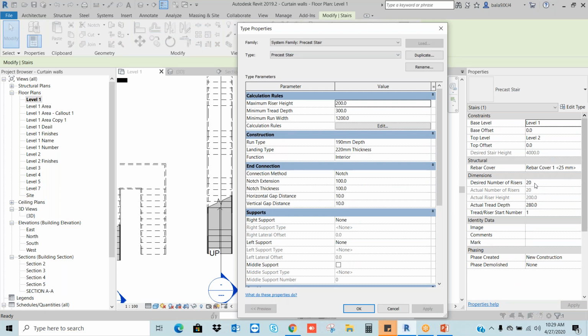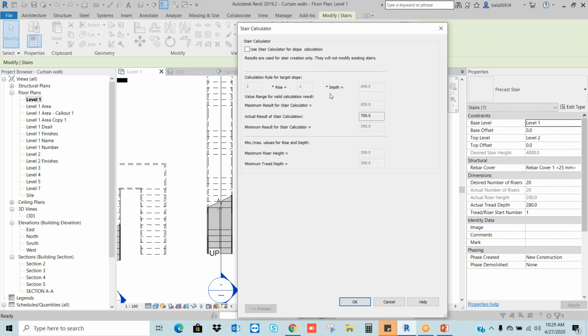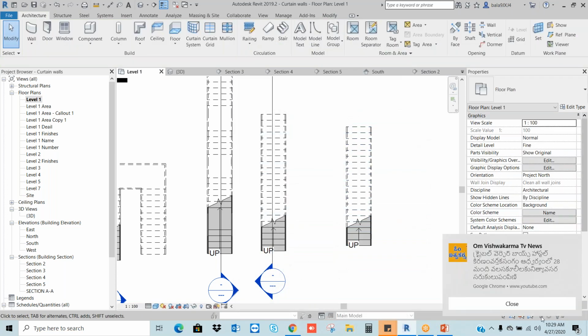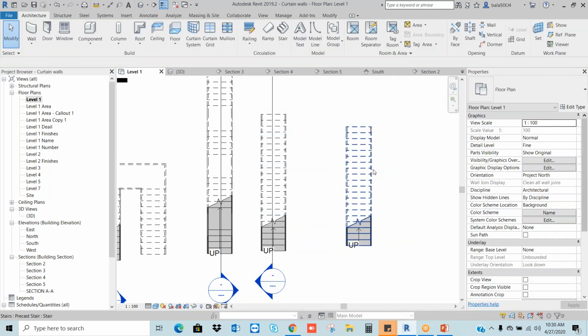So what rules it's following, if you want to check it, go to the calculation rules. You can see this is for information. We cannot change anything here. This is to get the information only. Generally, according to our own calculations, we know how much rise we require and how much tread we require. Based on that, we will calculate.